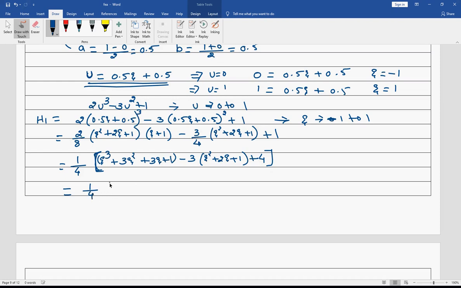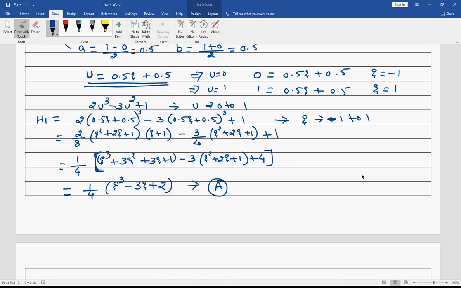So just simplify this. So xi cube remains, 3 xi square minus 3 xi square get cancelled. 3 xi, 3 into 2 is 6, minus 6 xi, so this is minus 3 xi. Okay. Then I have a 1. 1 minus 3 minus 2 plus 4 is plus 2. So this is how I am going to get H1. So we call this equation A.